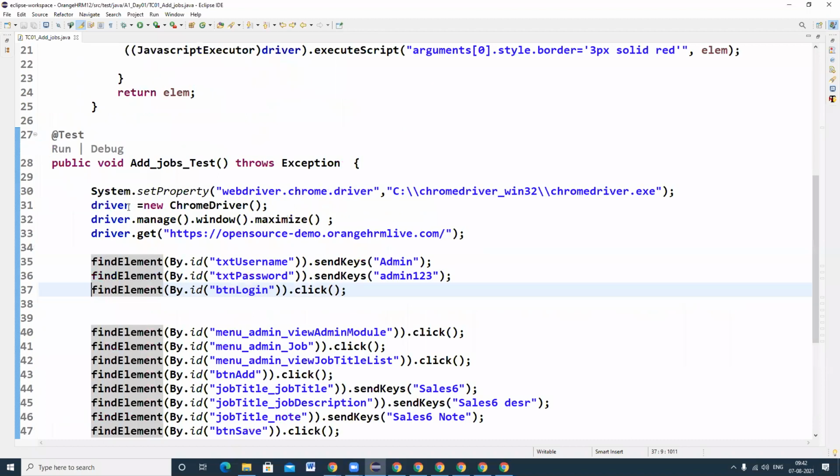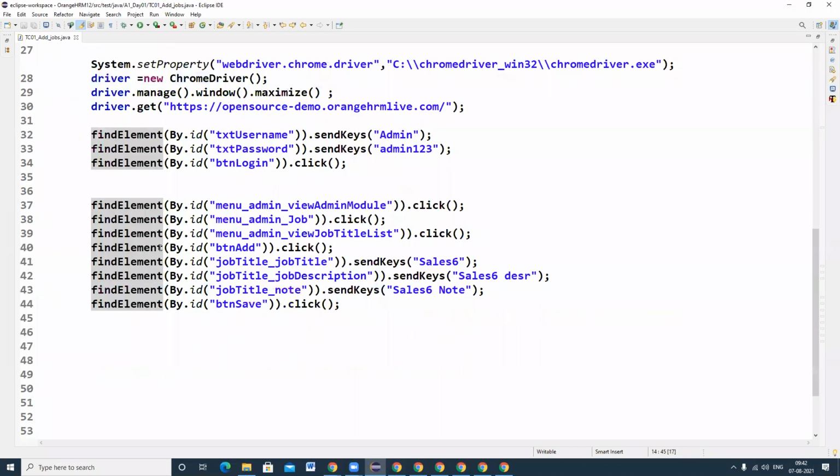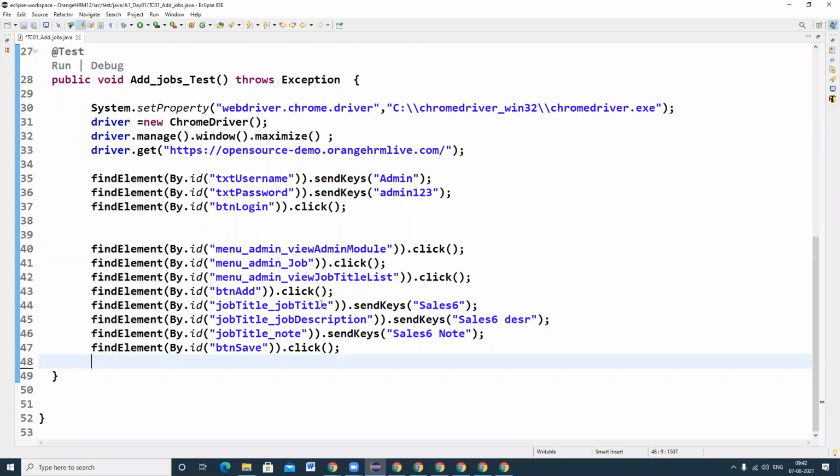And going forward, if you are writing any method, ensure that you write throws Exception immediately after the method name, like this. That is the best practice. Is everyone clear as of now? Can I go for the next topic?